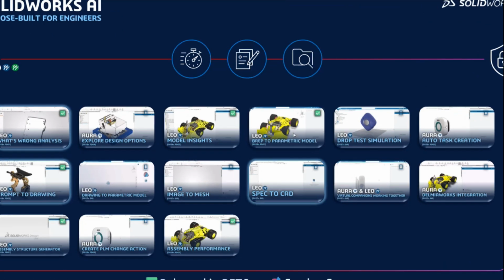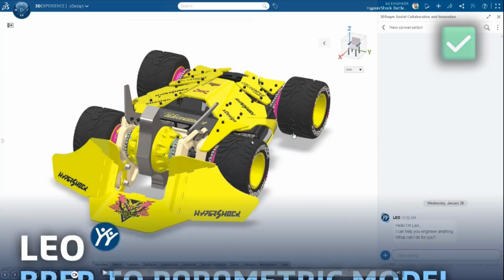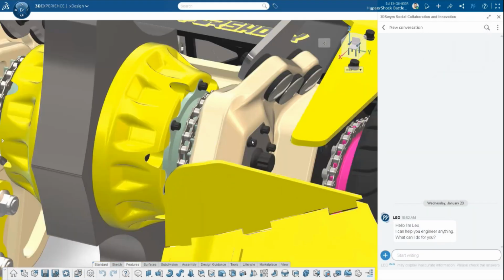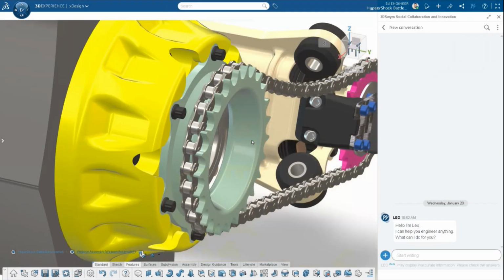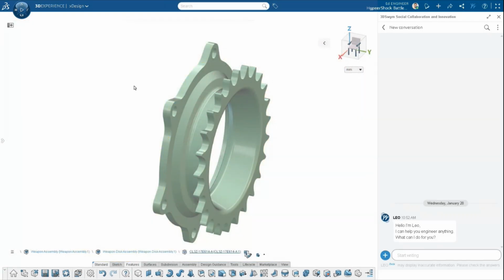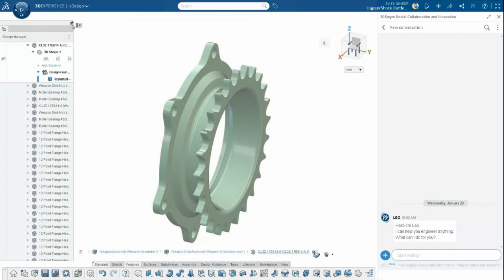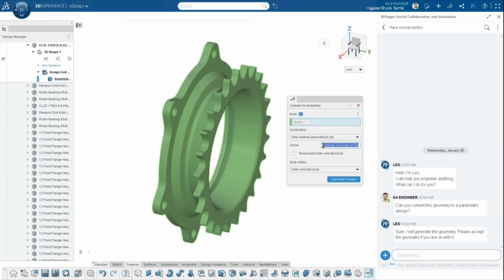Let's take one more example. Here I have a BREP model which I have taken from a third party vendor, so I don't have the feature tree. Here Leo can convert this to an accurate feature-based parametric model, so you don't have to rebuild this from scratch.